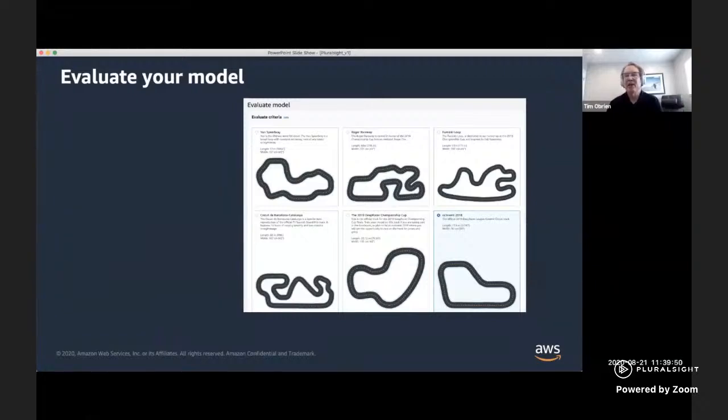Now, if you overtrain on one track, so you really train for a long time, and then you go to evaluate it, it might not work well against all tracks. So this is a good way to test whether you've overtrained a model, whether it's memorized how to go around a particular track. But for purposes of this beginner part of the class, we're going to go ahead and evaluate against the same track that we did training on,